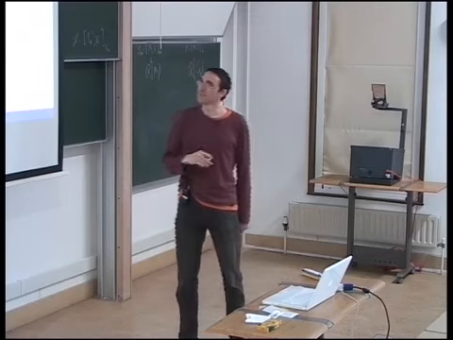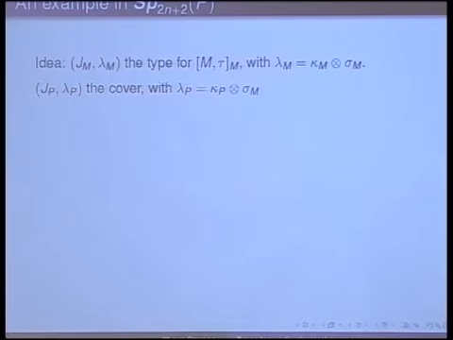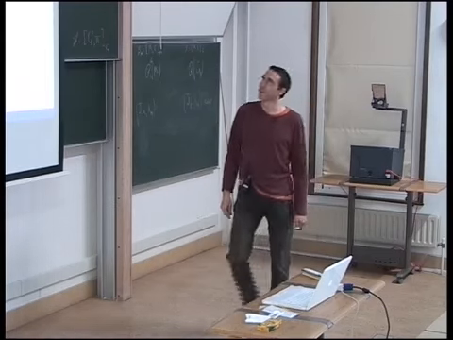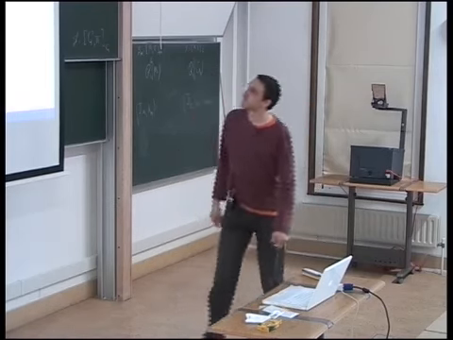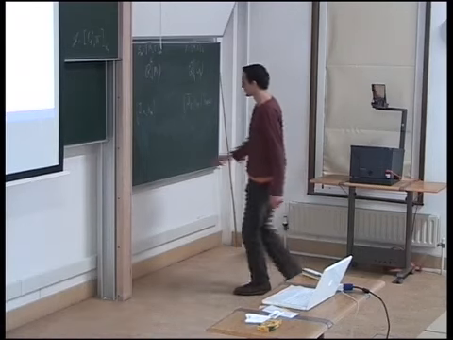Okay, so briefly, here's the idea. So this is some notation. Here we have a type for the cuspidal representation, and on this side we have a cover which I've now put p's in, J_P, λ_P. This is a cover, so this is now a type for this inertial class in the big group, and it turns out that,